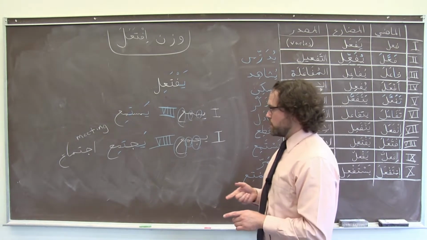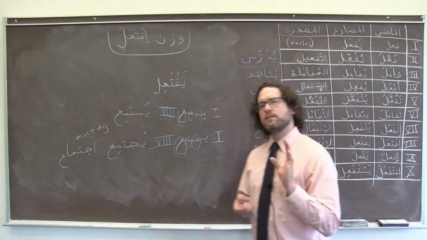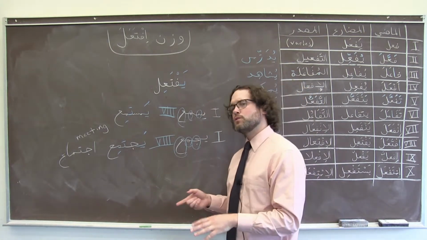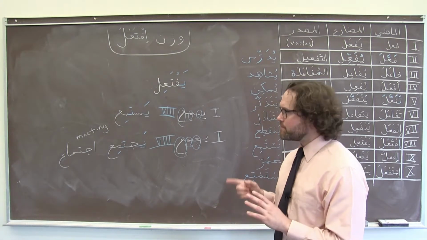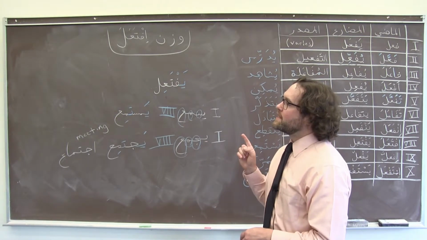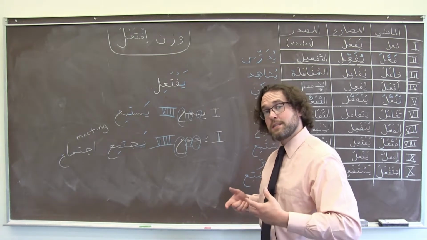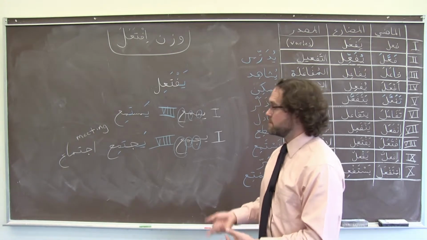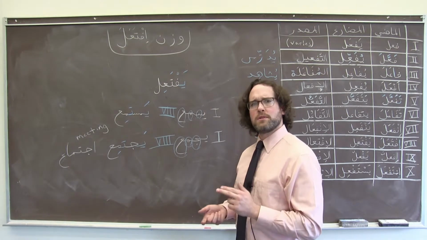One little wrinkle that we want to be aware of is that form 8 verbs often don't take direct objects. We can't put a noun right after them. A lot of the time, more so than other patterns where it's a little more unpredictable, we tend to need a preposition. And the preposition tends to be specific. So part of our process of memorizing form 8 verbs needs to be thinking about what the preposition is that